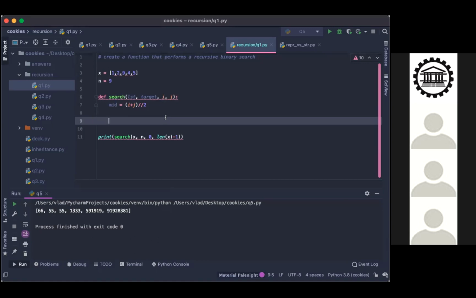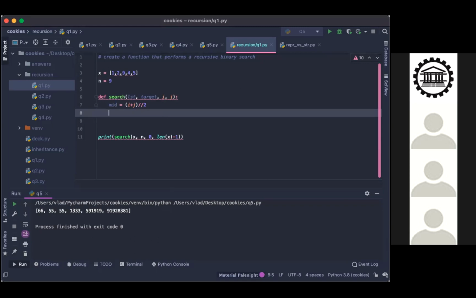Recalling from the concept of binary search, we want the loop, I suppose, because recursion is sort of a loop itself since it calls the function each time.